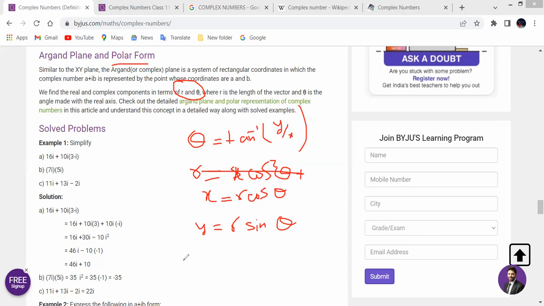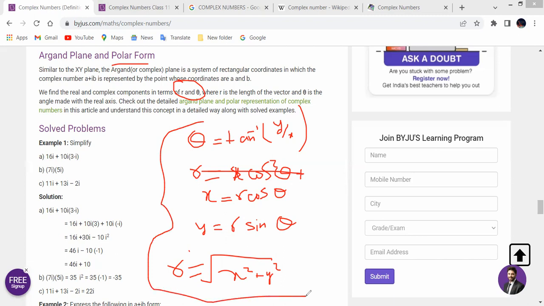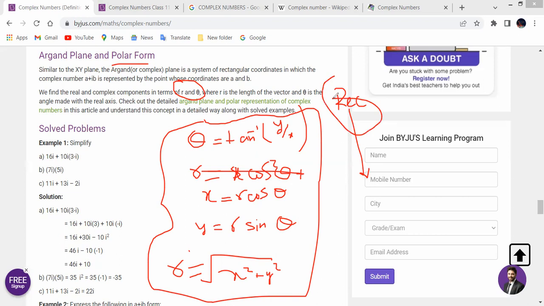So what is modulus? Modulus will be equal to r, which is equal to the square root of x square plus y square. This is the procedure to convert to the polar form. So you can convert a complex number from rectangular coordinates to polar, and similarly, if a coordinate is given in polar, you can convert that point